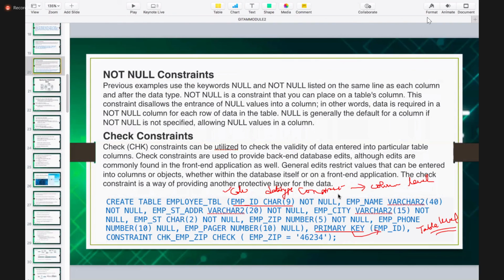You can give in this way or you can give in this way. Both will work. And whatever the specifications for the constraint will remain the same. Nothing will change. Only there are two types to declare the constraint. One is at the column level and the other one is at the table level. Am I clear now? Yes, ma'am. Thank you. Okay. So any other doubts?